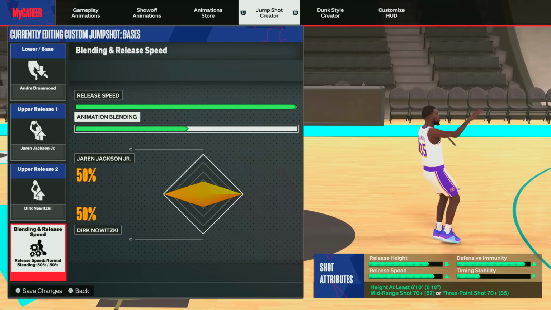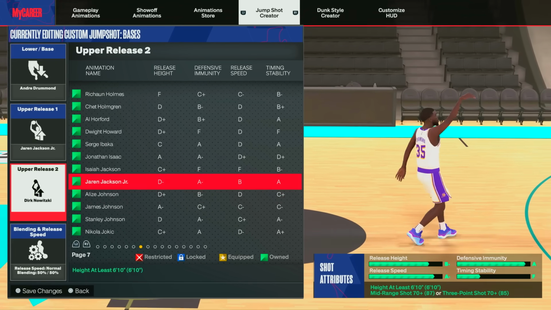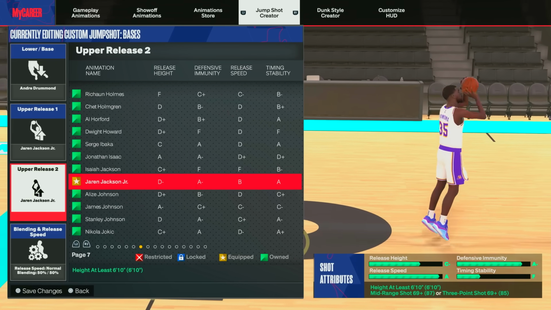On your release, it's going to end up speeding up that jump shot. Watch, I can take the Dirk off right now and do pure Jaren Jackson on both releases. My jump shot release speed is going to end up going from an A- to an A. Now if you want to end up doing a little blended with the Dirk, you can, but just know at